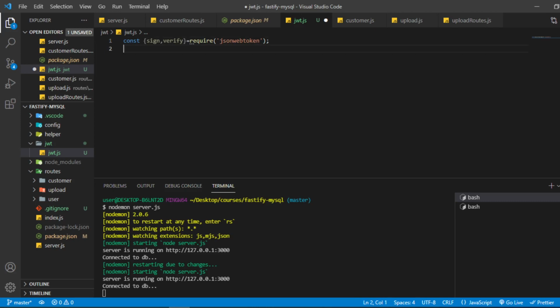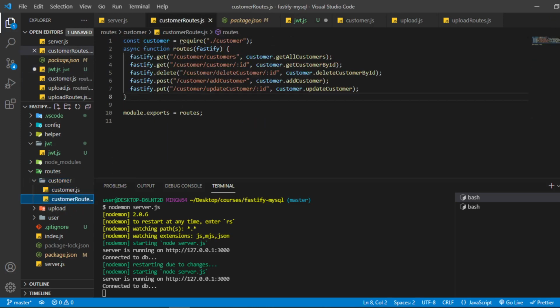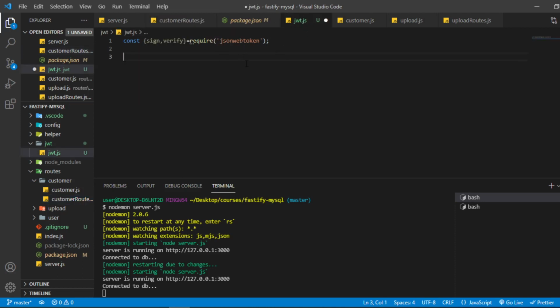We will make the same kind of function as we have been making in the routing file. I am going to make this function directly. I'm not making a separate file for the function. I will make the function in the same file, so in this file I'll have the route as well as the function.